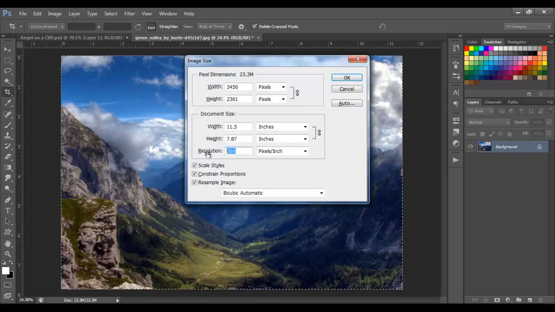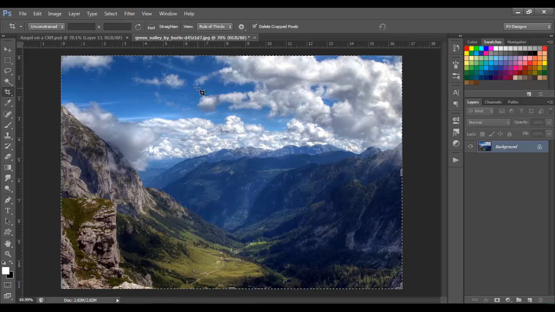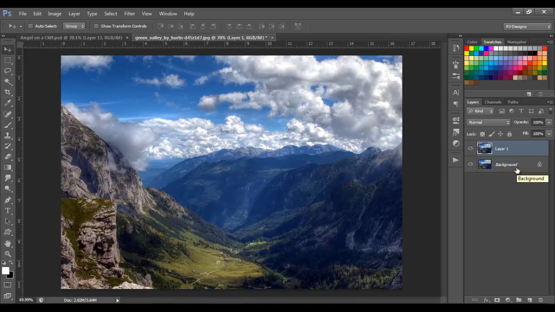So I'm just gonna change this to 72 resolution, and on width I'm going to put 1200, and that's gonna be my size. So next I'm going to duplicate that background